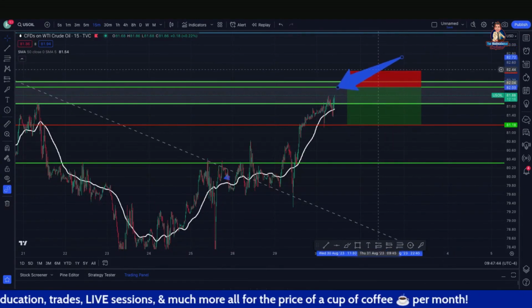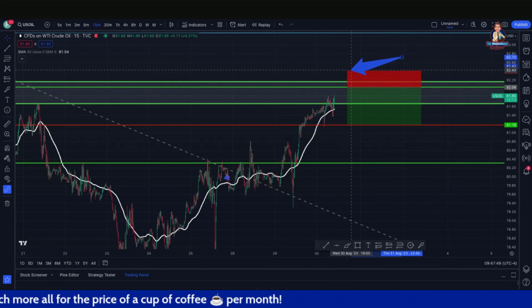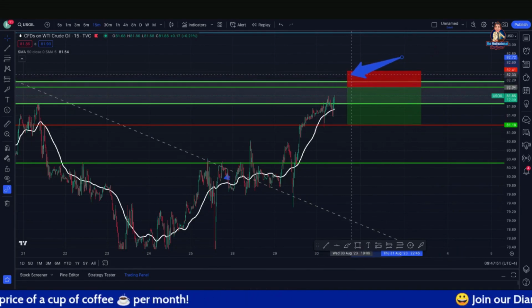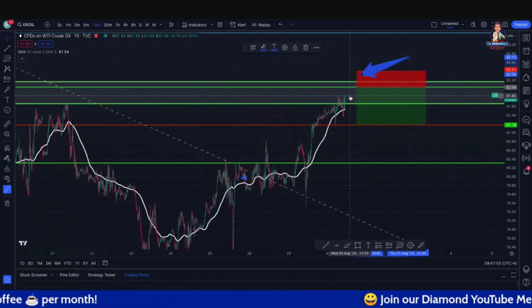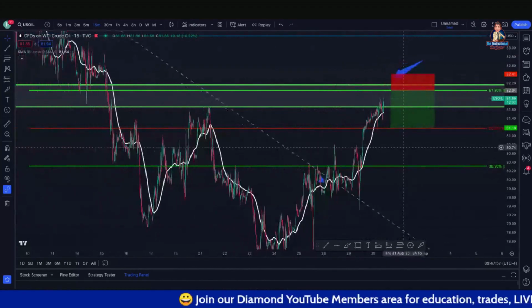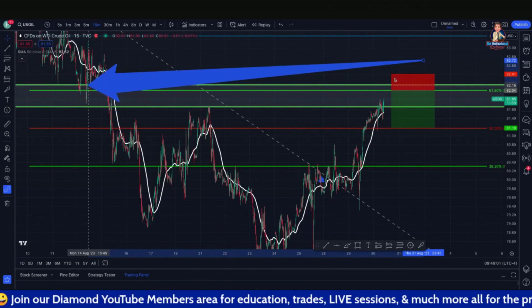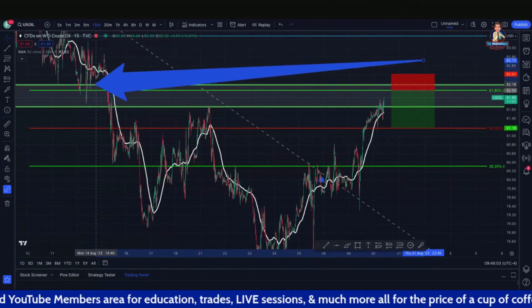Okay. So again, this is if you decide that you are going to sell. I would sell up in this area, okay, with a tighter stop loss. And again, you can make the stop loss as tight as you like, because at this point, what's going to happen is if we do break this area right in here, let me bring the pointer so you can see, right? If we do break this area, then we might see this scenario right in here.